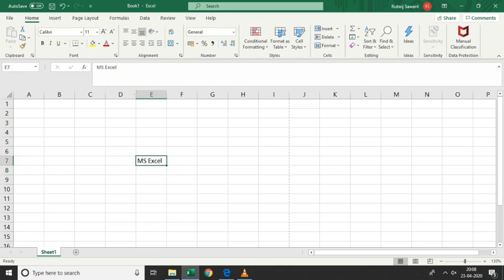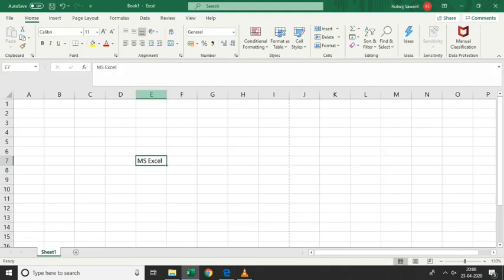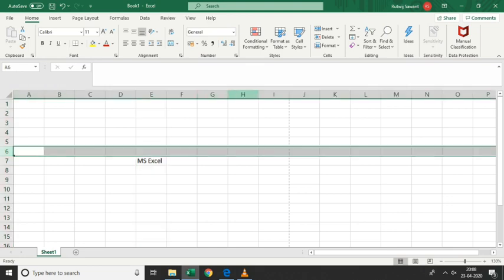So as I said, this is the name box, formula bar, then row heading and column heading. This is your row and this is your column. A, B, C, D are all called column headings, and 1, 2, 3, 4 and so on are called row headings. The name of a cell starts with the column name followed by the row name.